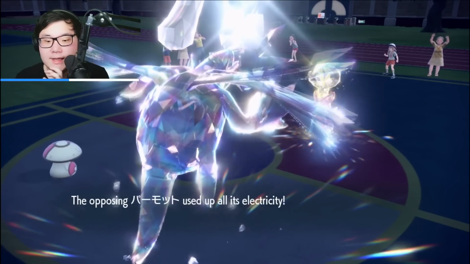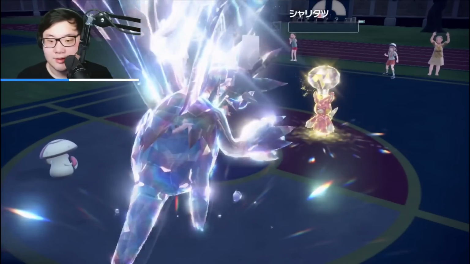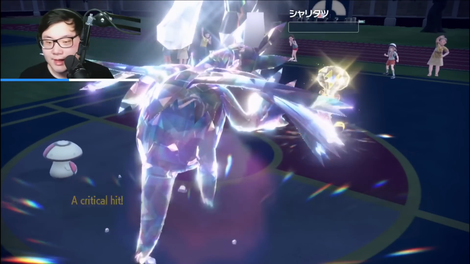So we are able to get a Draco Meteor off on the Tatsugiri, and we do connect, so we are able to pick up the knockout on the Tatsugiri, because it was Choice Scarf. We knew it wasn't Focus Sash, so beautiful. And then...